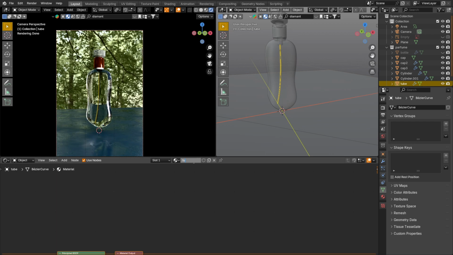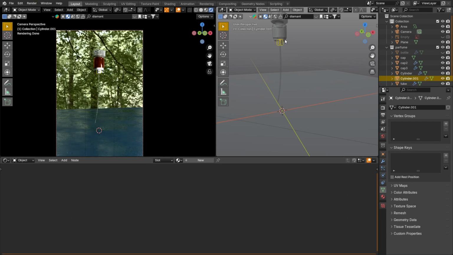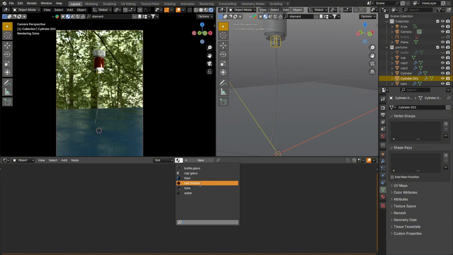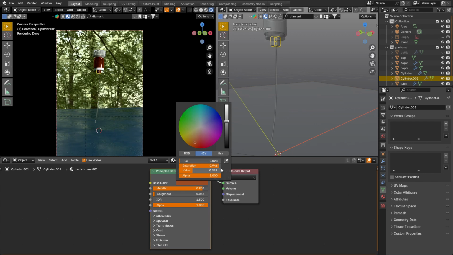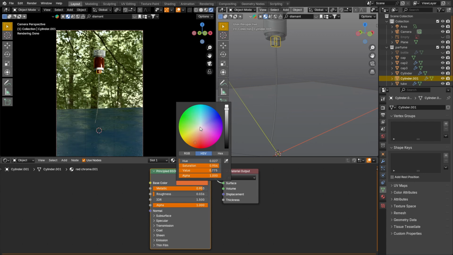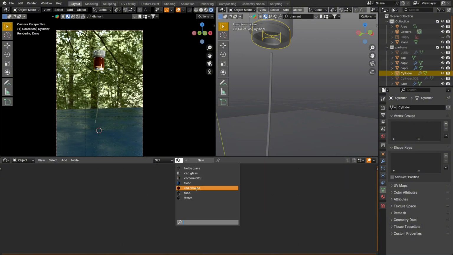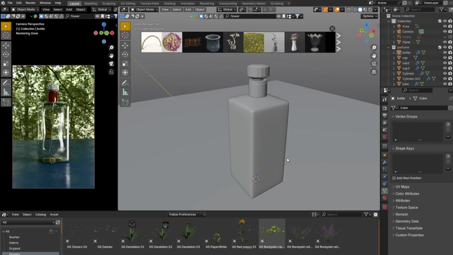Next we can continue working with materials. Add a new material for the tube, reduce the roughness to almost 0, and increase the transmission to 1. Next we need to assign the material to the cylinder adapters that are near the neck. Find the red chrome material, copy it and rename it. Then change the color to light gray. We also assign the newly created material to the second cylinder. For now, the work with materials is finished.